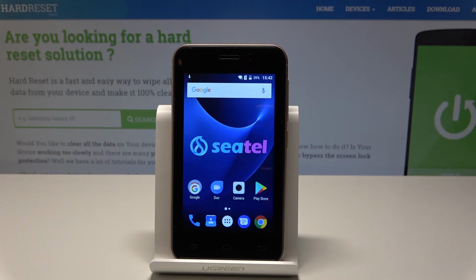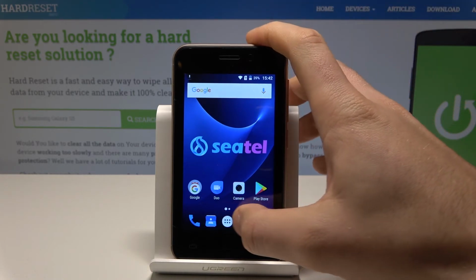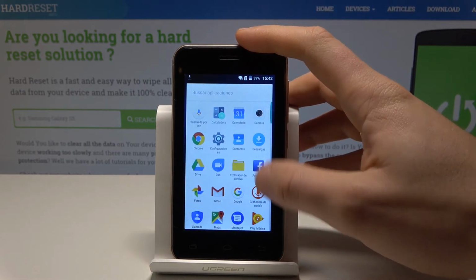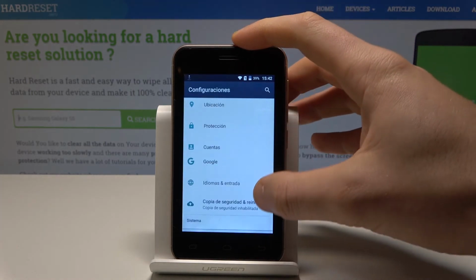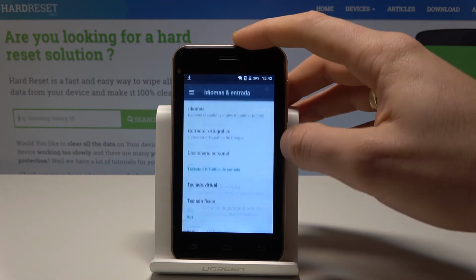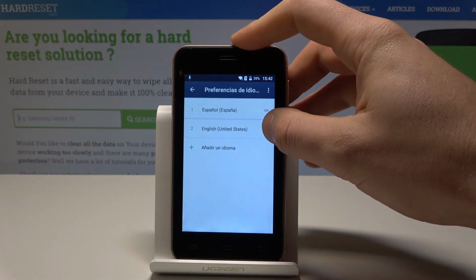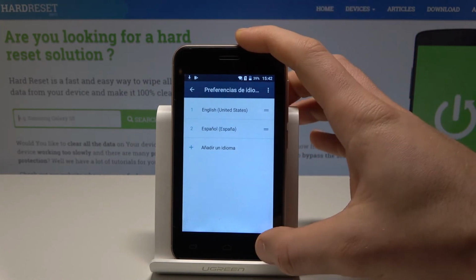In order to go back to the English version, let's find and select apps icon. Here you need to find and select configuración. Scroll down, choose idiomas y entrada. Tap idiomas again and place English into the first position. So that's it,